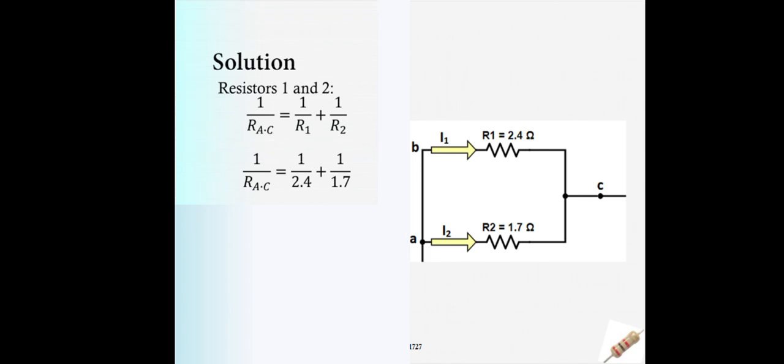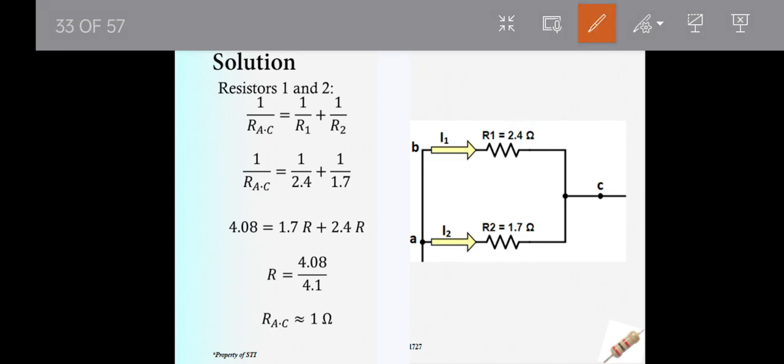Okay. So, this is our resistors from point A to C. Resistors 1 and 2, we know that R1 is 2.4 ohms and R2 is 1.7. So, to solve for the R, we have this one, 4.08. So, where does this 4.08 come from? Okay? So, take note when we simplify, since this is in fraction form, we look for the LCD. The LCD is